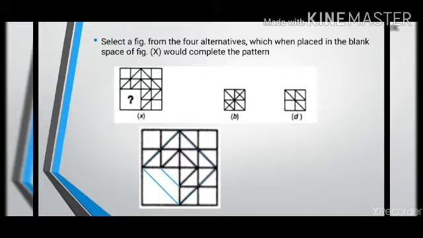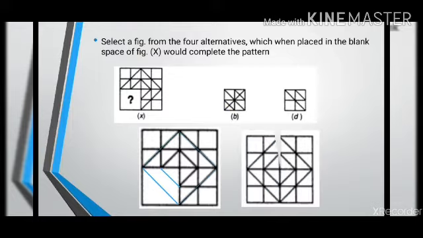What other pattern is there? In each of the small boxes I can see a plus sign. That is all for the figure, right? A plus sign is there in all the four smaller boxes, so I want a plus sign in all the small boxes. Except for this, there are no other lines, no other patterns. As you can see in option B, there are other lines also. Just below the diagonal there is a small line. I don't want this line that is there in option B. Therefore option B is eliminated.